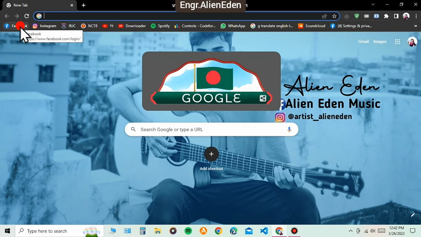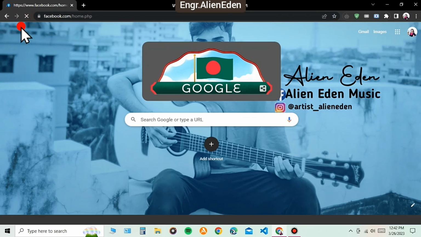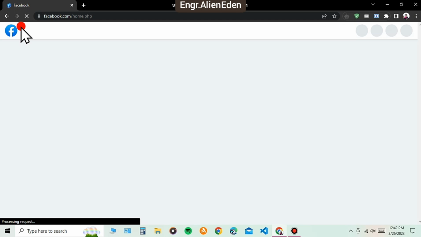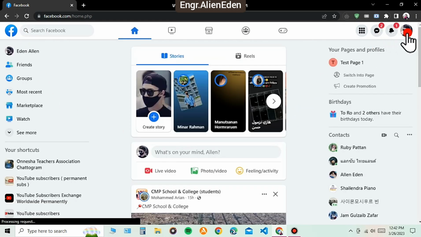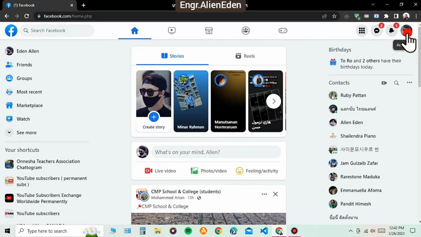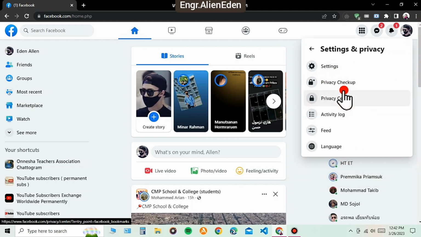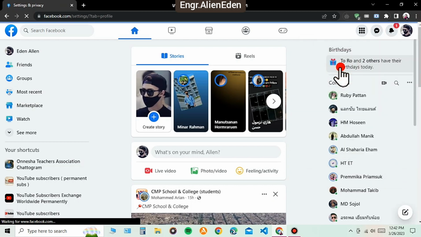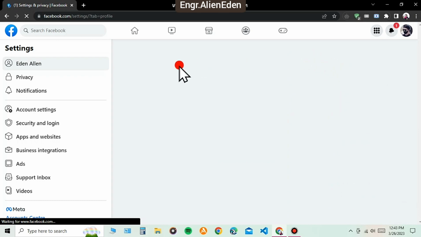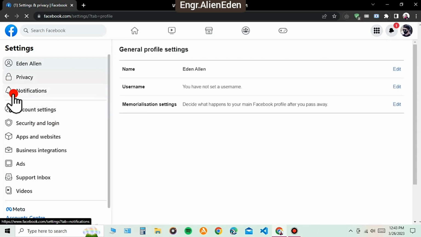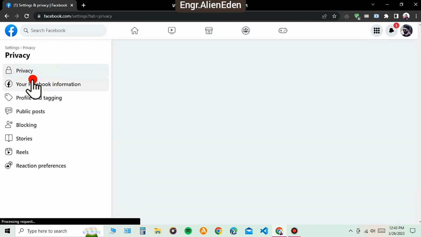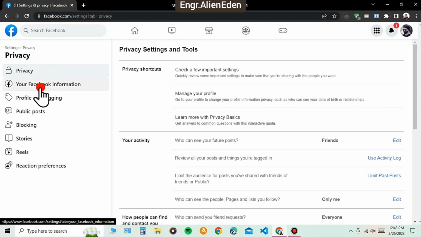Go to your Facebook account, then hit profile from the right corner. Then you have to go to settings and privacy option, then click settings again, choose privacy option, then your Facebook information option,